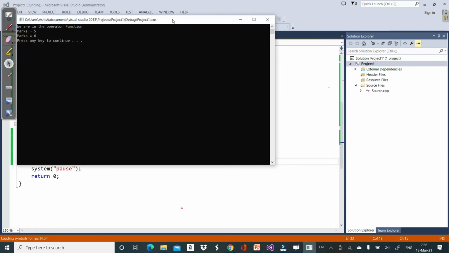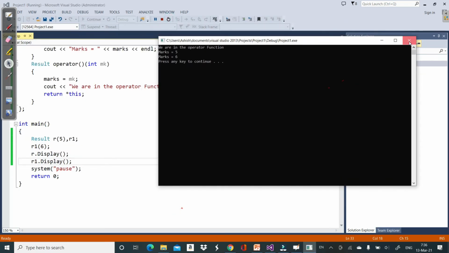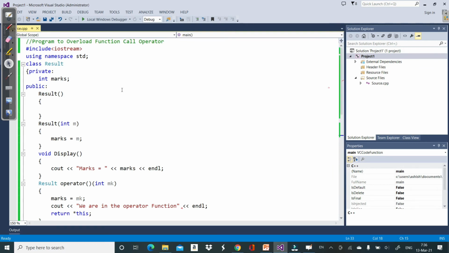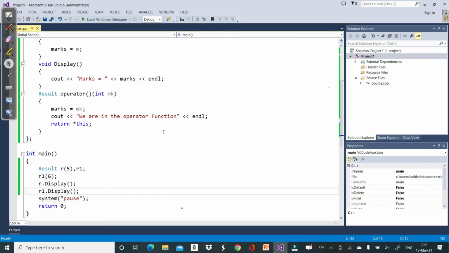So instead of calling a function, we have overloaded this function call operator, and we are simply working. See, there may be other methods also to overload this function. You may write it in some other way so that it will return the object. Like you can take a reference of the object here, and then you can work on the reference of that particular object. So it may be your choice. I particularly like this method. So this is how to overload the function call operator.